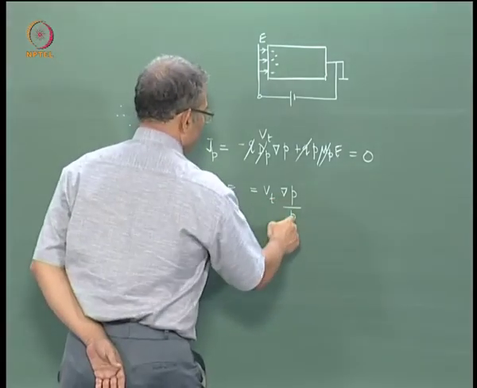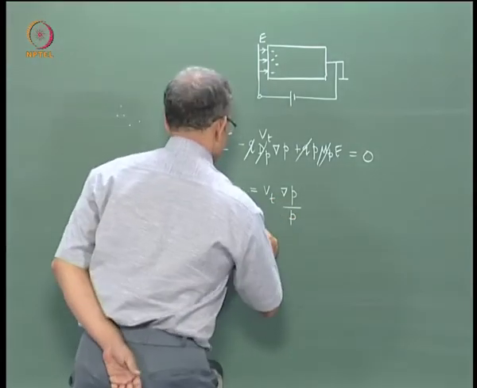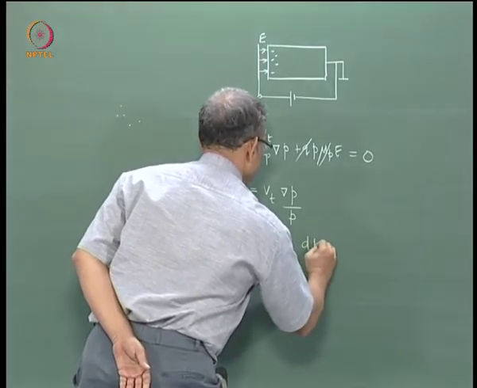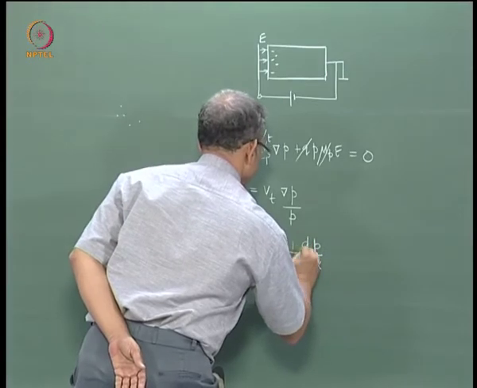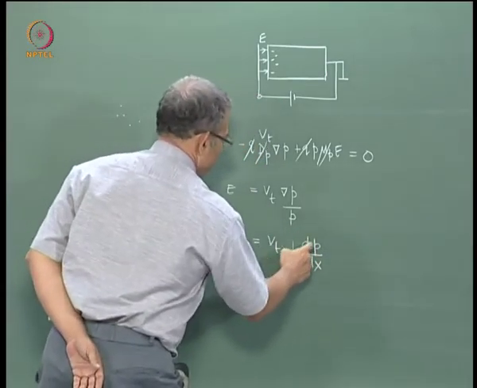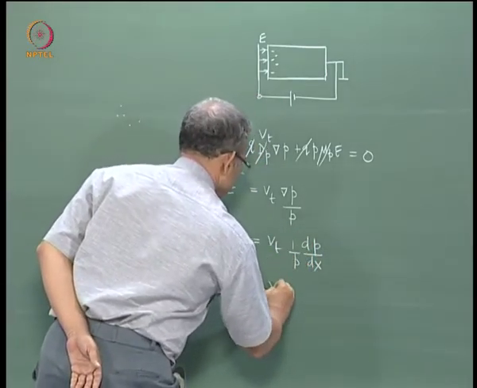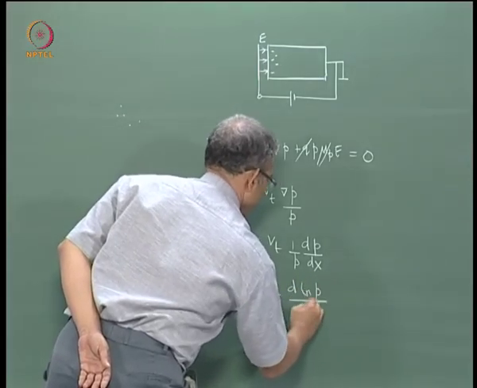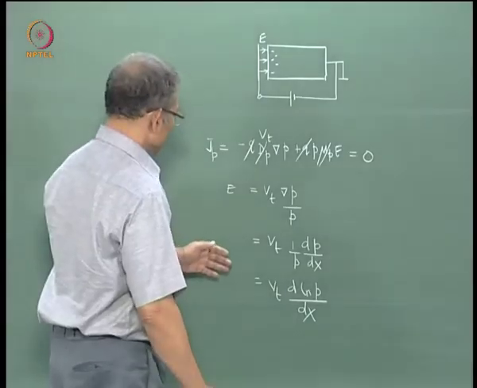Now gradient of p by p in one dimension, what is this? This is nothing but Vt into dp/dx into 1/p. Now dp/p, you are writing it as d of ln p, right. So this is how you get the relation